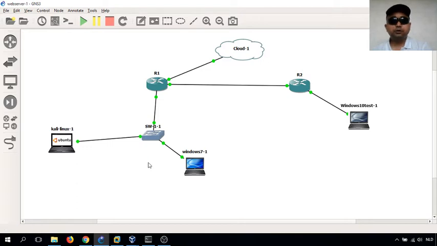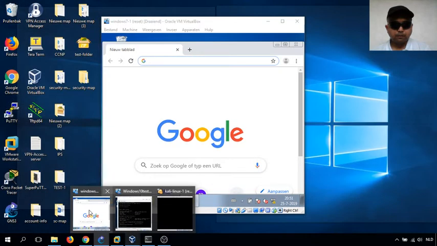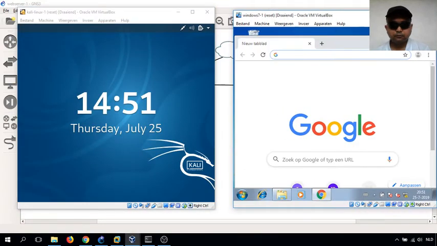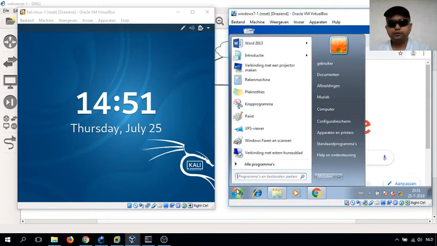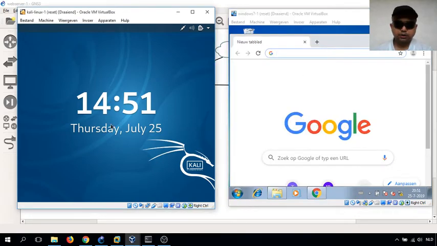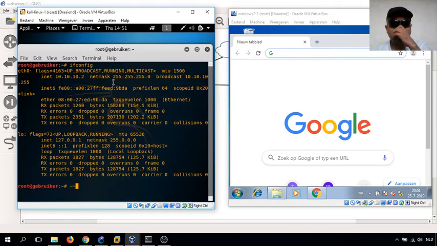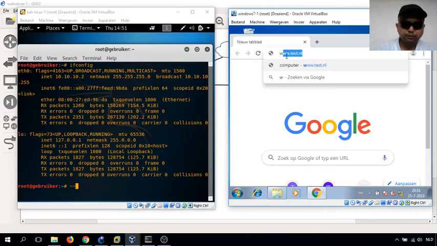Let's just start with the process. This one is Windows 7. Everybody knows this is a Windows 7 machine, and this one we are going to use as a hacker machine, and this machine is also the web server. So what I'm going to do now, as I said before, I created a web